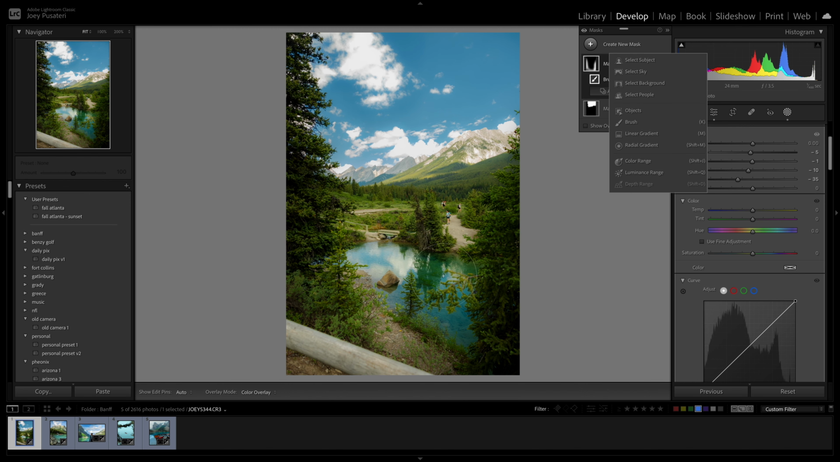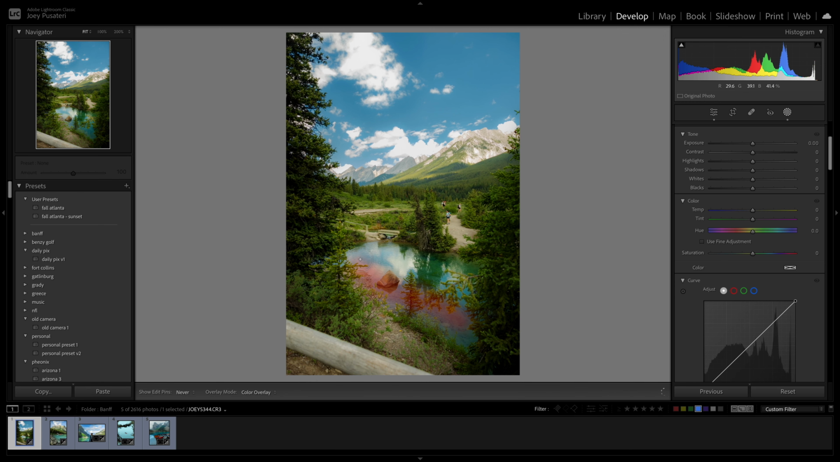But I think the water is still lacking. It's not that bright, and I swear it is very bright in person. So we're going to select that here. Roughly, it does not have to be perfect. You've heard me say this a million times. And then boom, bring it up, drop the highlights, bring out the shadows, and let's pump some